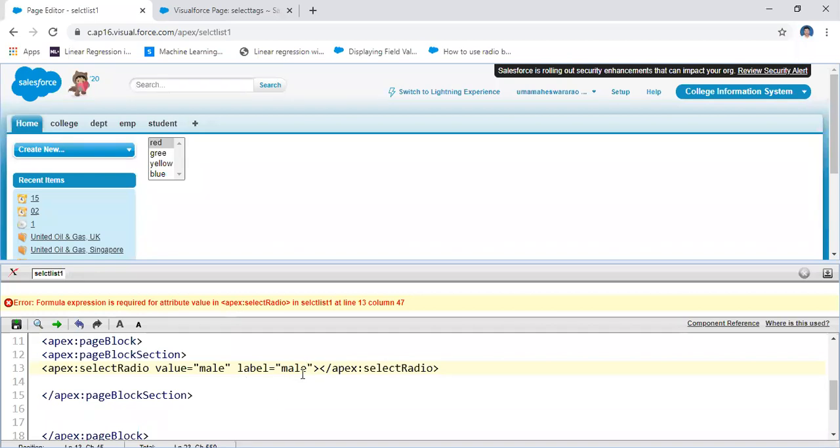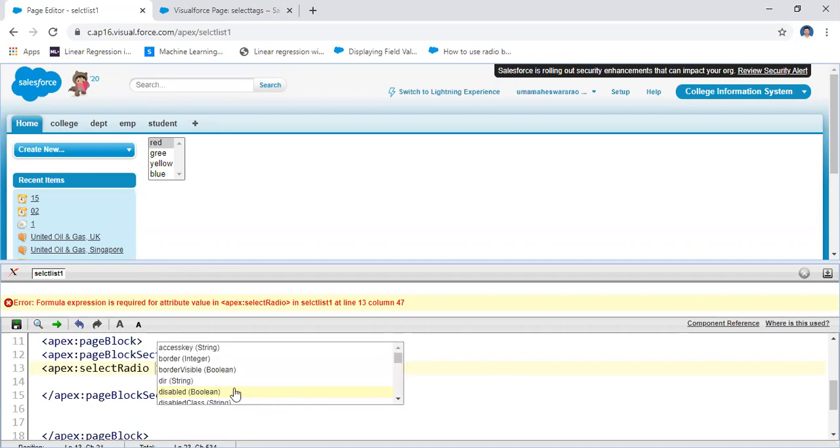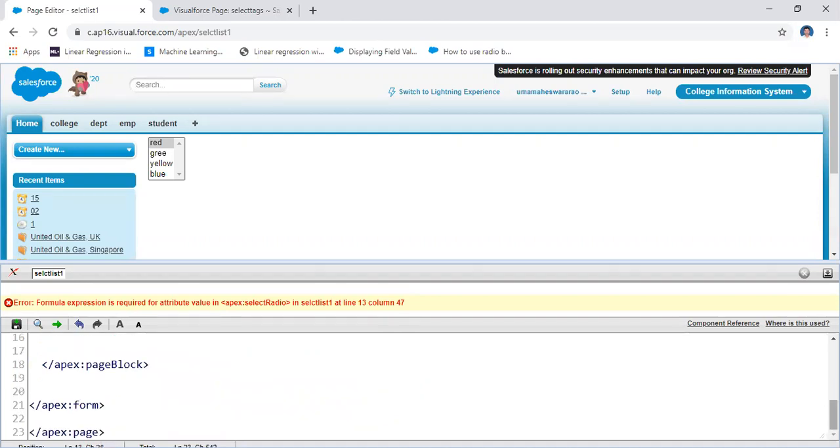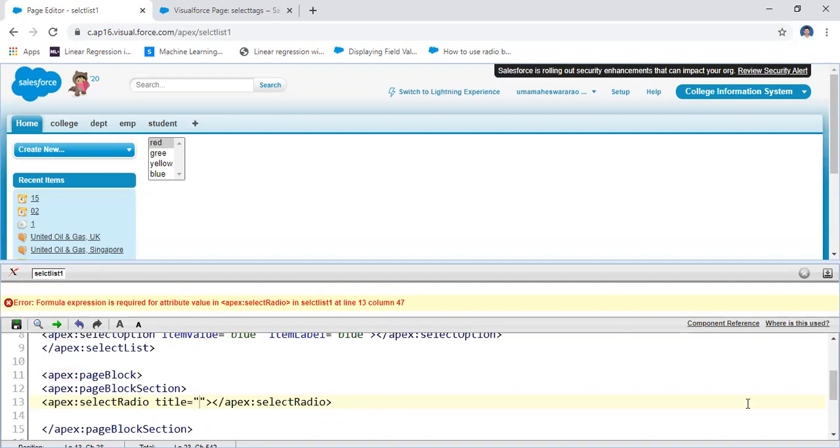That means you may take the value only. From value, I'm taking within an option. I may write some information within a particular value. That means you have different attributes. You may consider any attribute value. Here, for example, I am taking the ID. I am taking the title. So many different pieces of information. For example, I am going to take this title. The title here is radio or gender for this one.